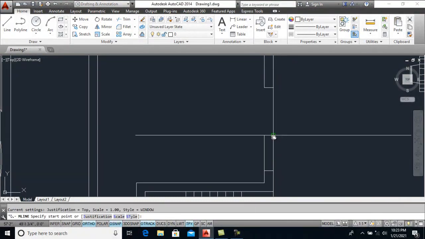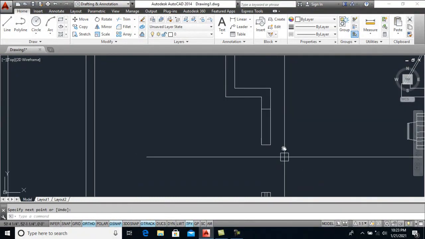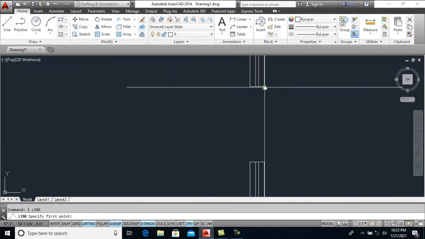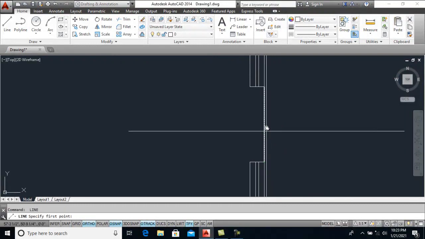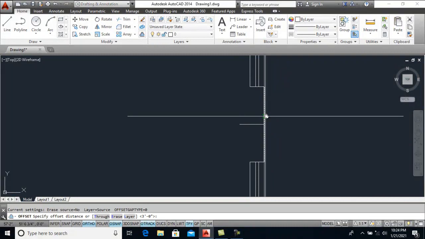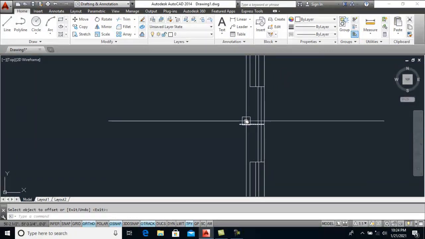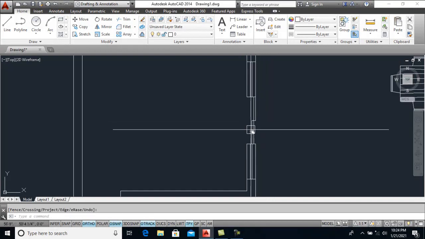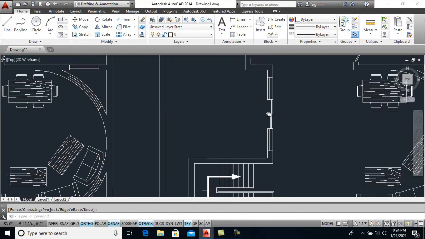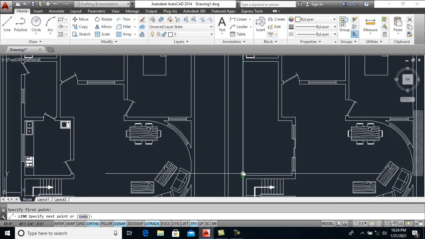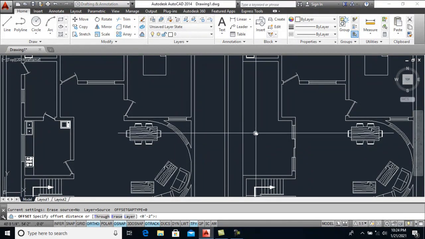ML for multiline, and draw line here, offset 2 inches, and again offset 2 inches. Let's trim it to this side and to this side. This will be a sliding door and will be above a terrace here, offset 2 inches,